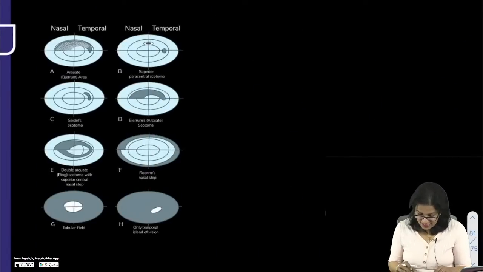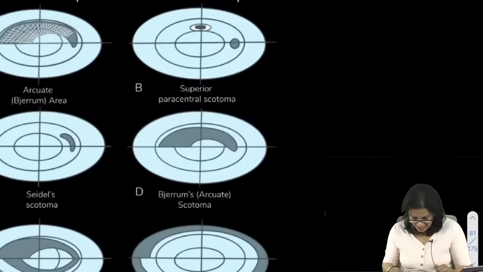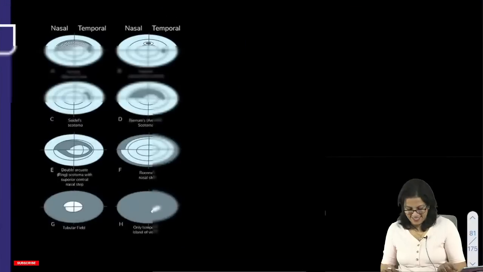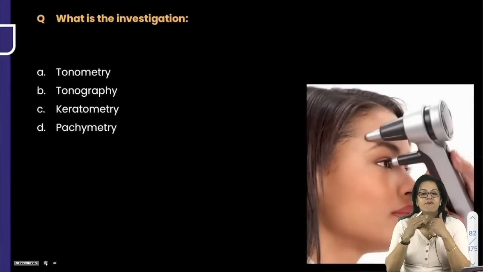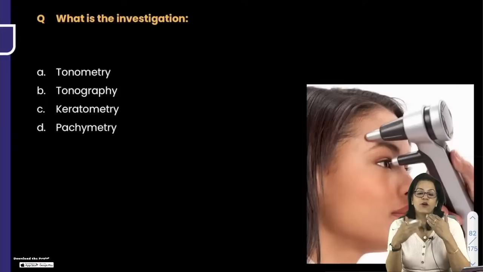So here, this is it. If you look here, these are the field effects. I think you all are very familiar with this. We can skip this, and we have already drawn all this, right? So coming to, once you know about the field charts and the field effects in the scotoma, in glaucoma, now